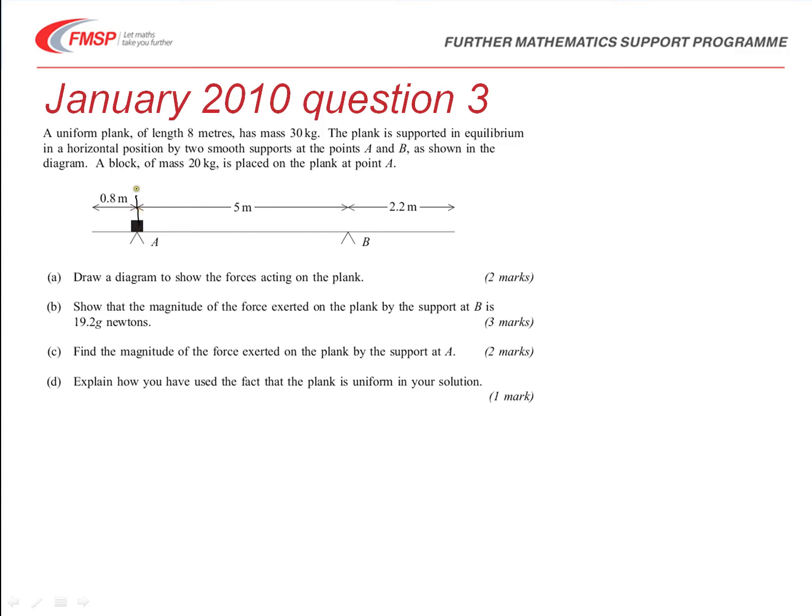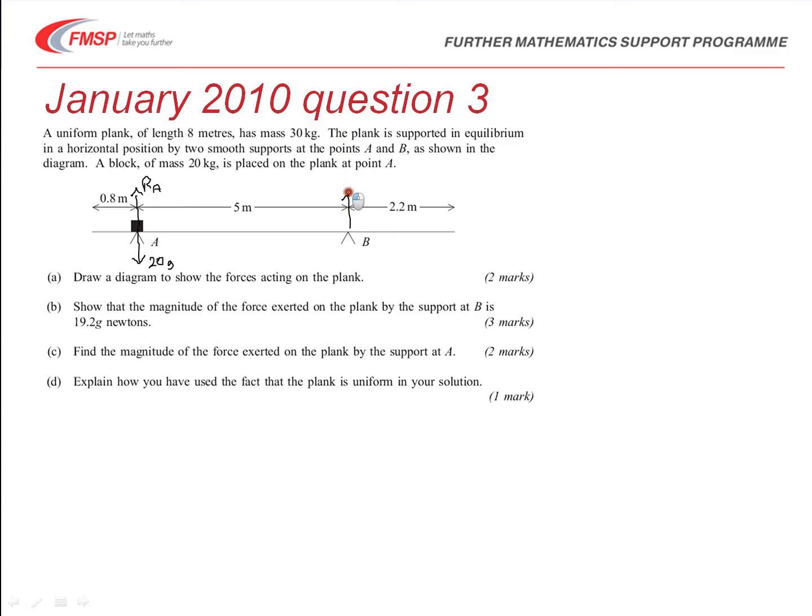We will have a reaction at A, where the plank is supported. We have a weight of the mass acting down in this direction, so that's a 20g force. Remember, it's the mass times gravitational acceleration to get the weight. Similarly,